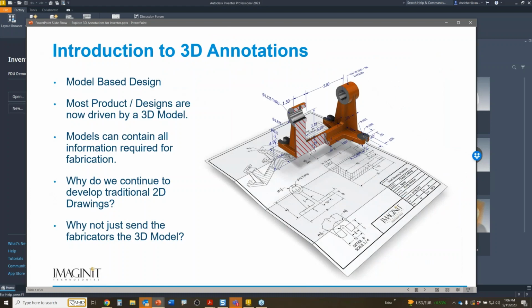So I want to talk about model-based design right off the bat. And I think the introduction that you came in with is really perfect. So many designs in today's world, in the digital world that we live in, are based upon a 3D model. And we have gotten so proficient at adding information to that model that in many situations, for instance, on